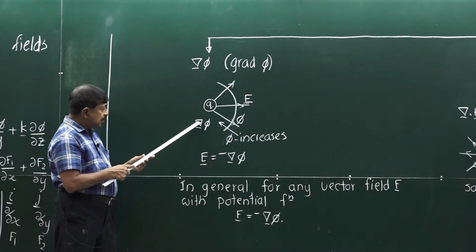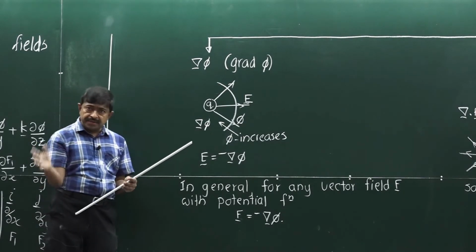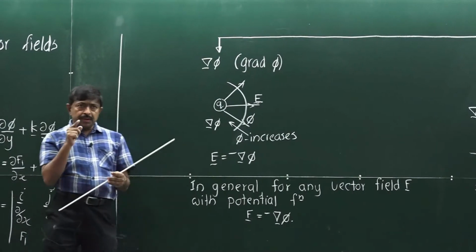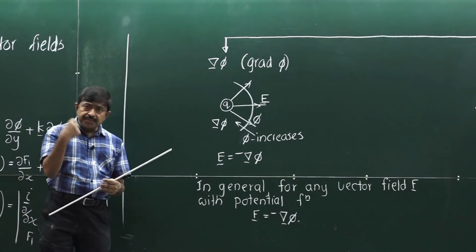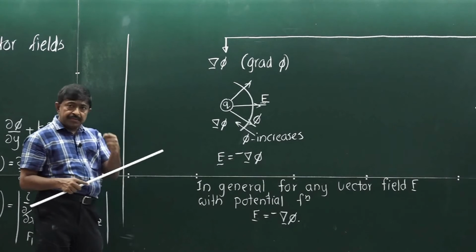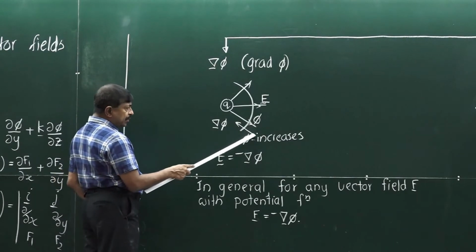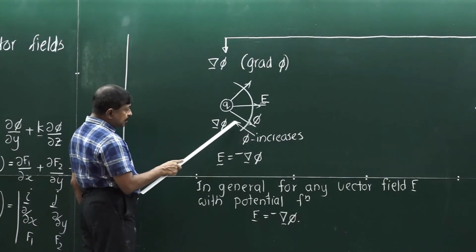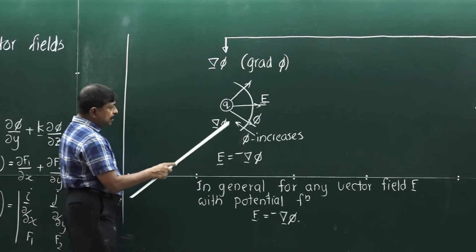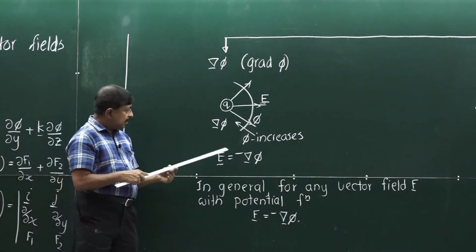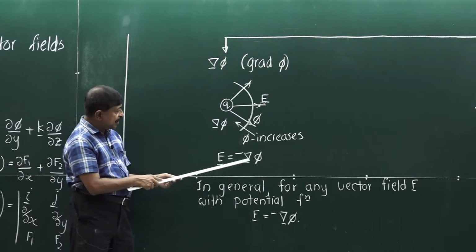Grad phi, we discussed this earlier. When phi is a surface or a function, grad phi gives you the direction along which you can increase it at the fastest rate. That is kind of the maximum slope. So, this is the direction that phi increases, and it has the same magnitude as this E, and at the same time they are opposite. Because of that, you can write this field strength as negative of grad phi.